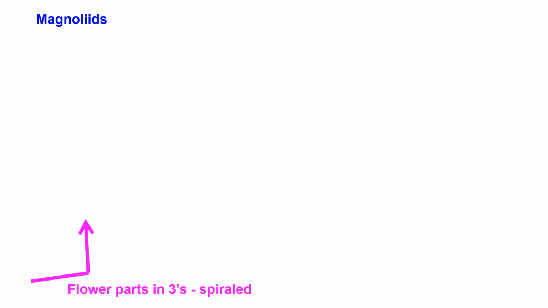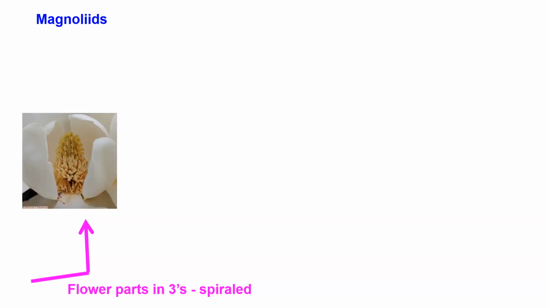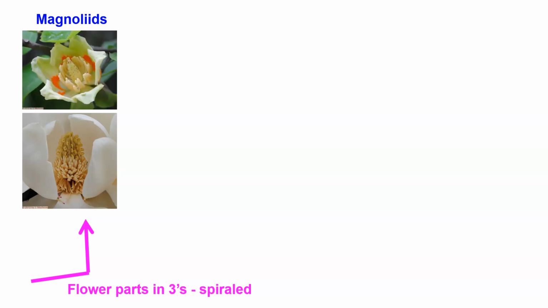This produces what we call the magnoliads. The magnoliads are a very old group, and again, the spiral arrangement leads us to believe that these things are very old. When you look at the magnolia flower, what you see is you've got the petals like you would find on a normal flower, and then on the inside right above that you have the stamens, and the stamens are arranged in a spiral fashion around the base of the ovary, and then you've got the ovary, which everything is spiraled around on the inside. When you look at the stigma and the style, they are coiled. So again, this gives you a rather old arrangement.